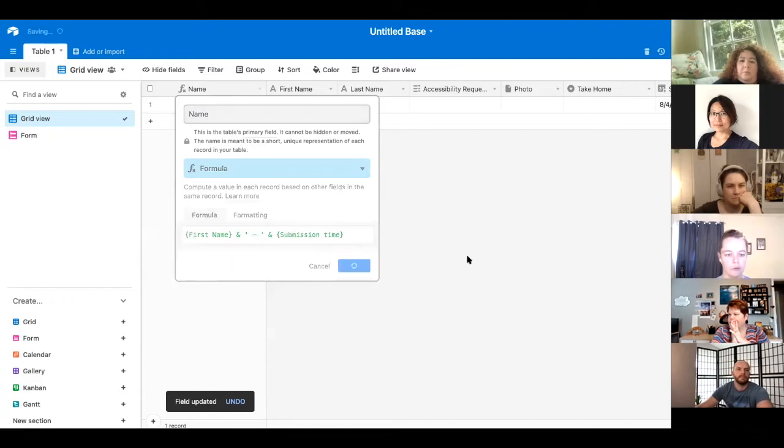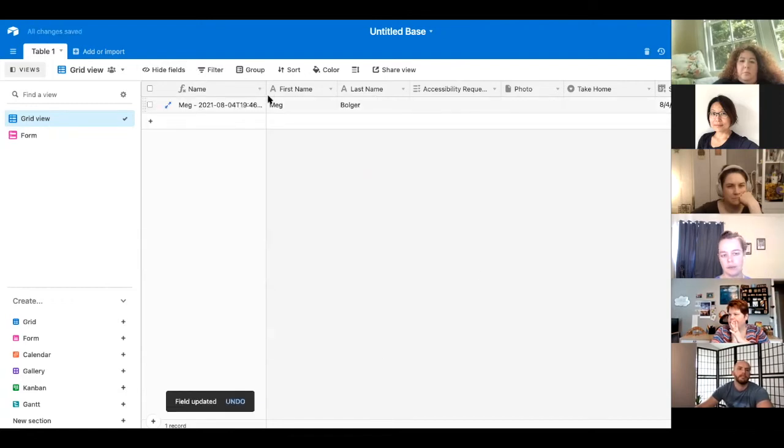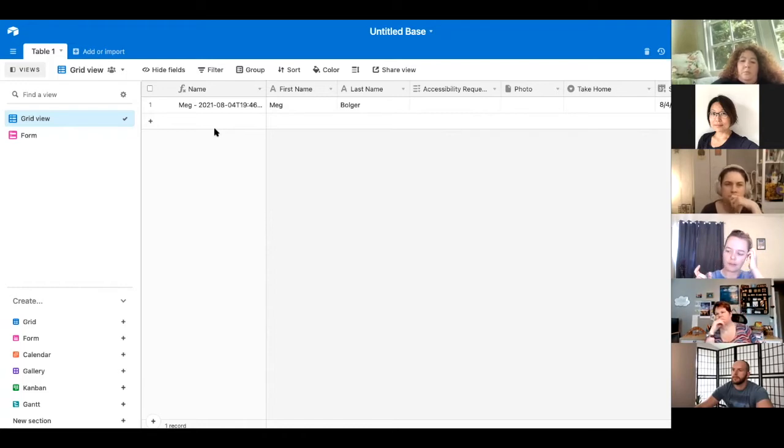Okay, so this formula, all it's doing is putting my name from this first name column, and then the information from the submission time column into there. So there might be a formula that you could do where it says like only show these options. The other thing that I'm wondering if you could do is basically once